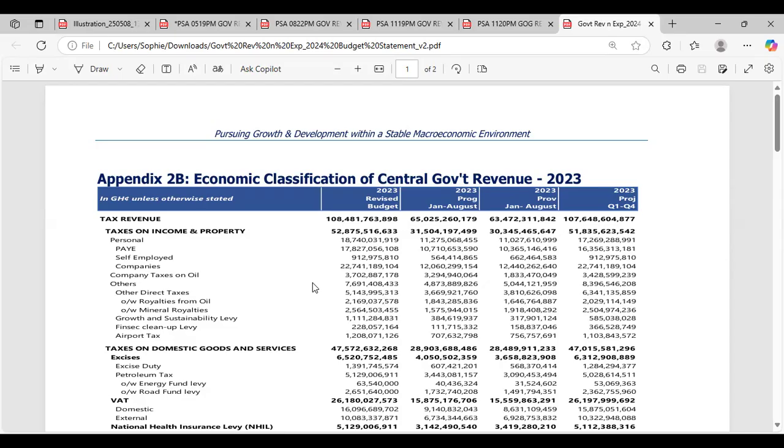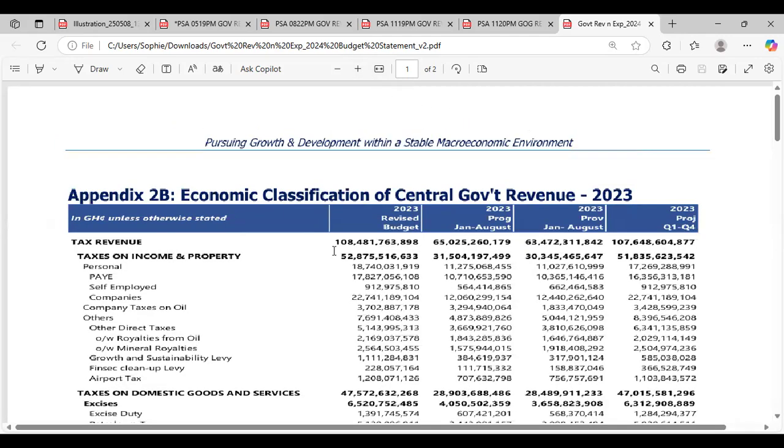So I'm sharing a screen. This screen we are seeing was downloaded from the website of the Controller and Accountant General, and it seeks to explain how the statement of financial performance, or the government revenue and expenditure, will look. So if you could recall some of the things we did under the theoretical aspects, we